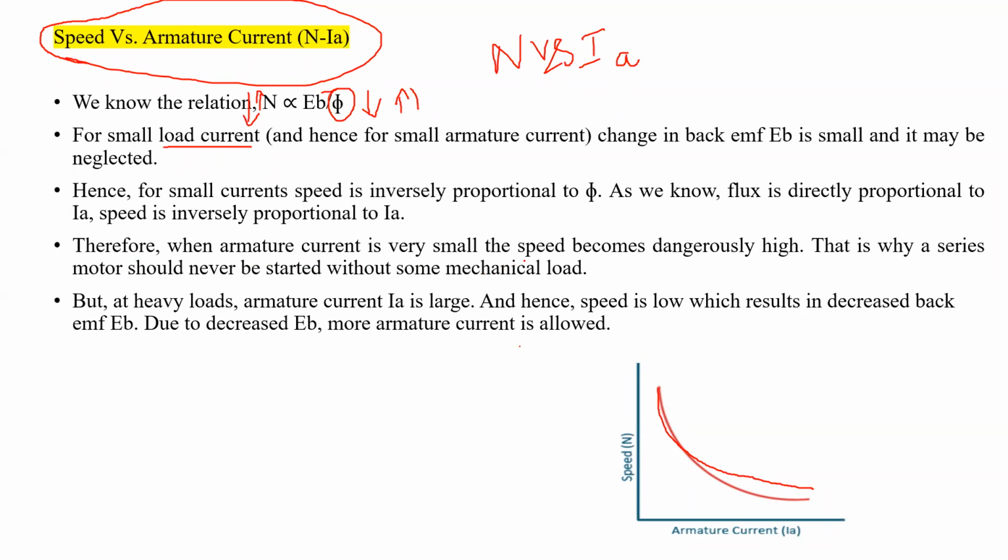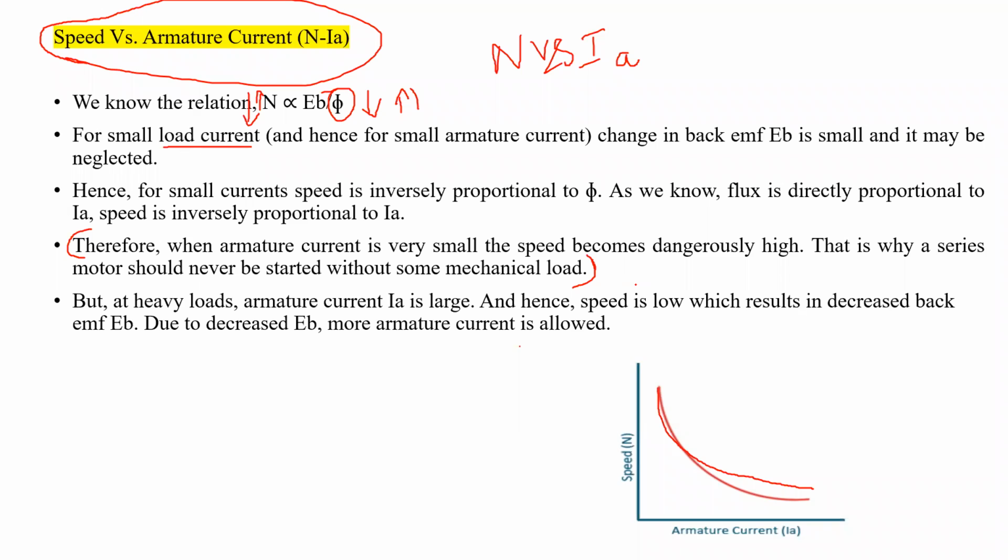Next, one more thing. Here I have taken one point, so anyone can ask this technical question in an interview. Why can the DC series motor not start at light load? Why are we not using the DC series motor at light loads? Why can't we use the DC series motor at light load, at small load?